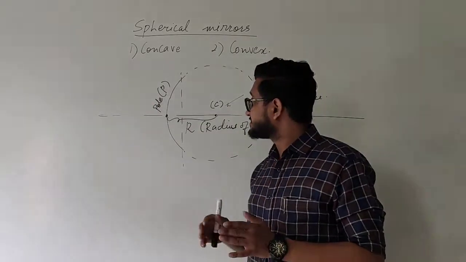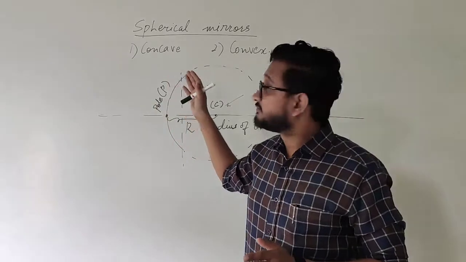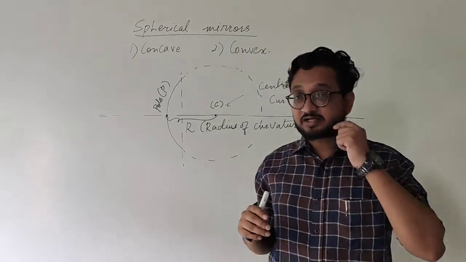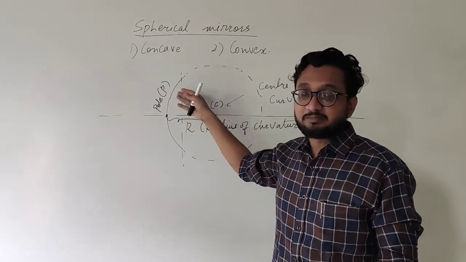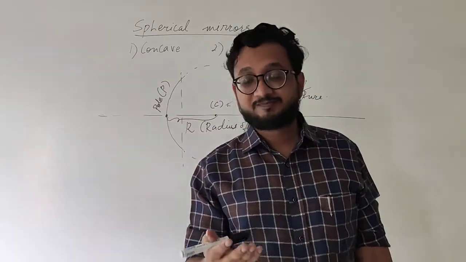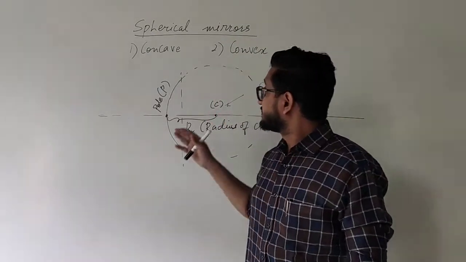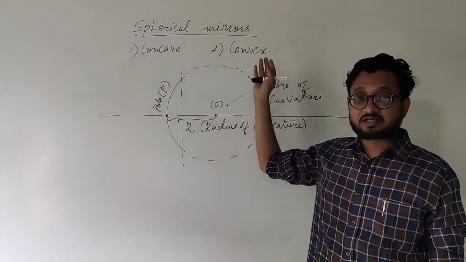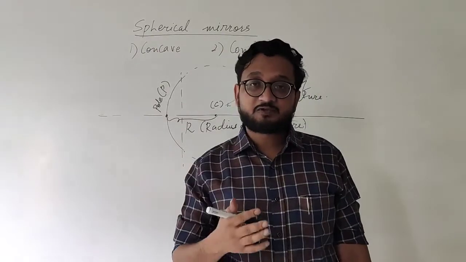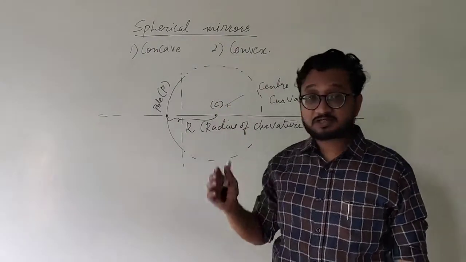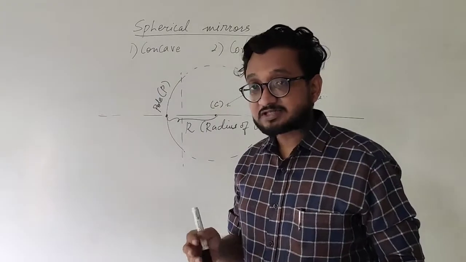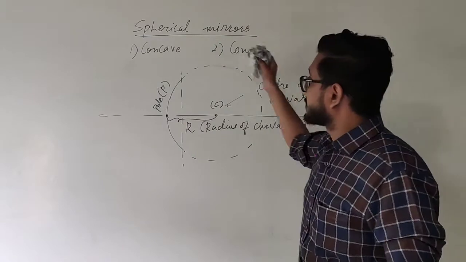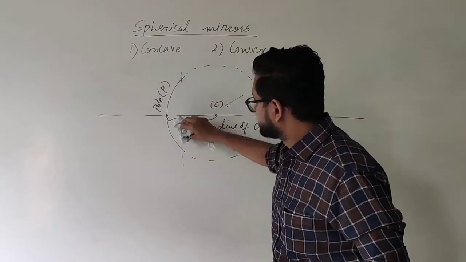If you imagine the reflected light on a convex mirror, the rays do not meet at a real point and do not create a real image, but the lines will meet at a certain point behind the mirror, just like our regular plane mirror. So the difference between concave and convex is that one is a converging mirror and one is a diverging mirror, one converging the rays of light and one diverging them. So how does it work? Let me get rid of all the different things and we will understand first the concave mirror and then the convex mirror.